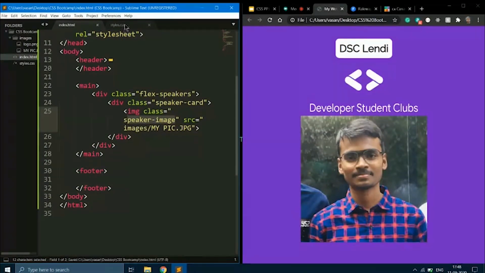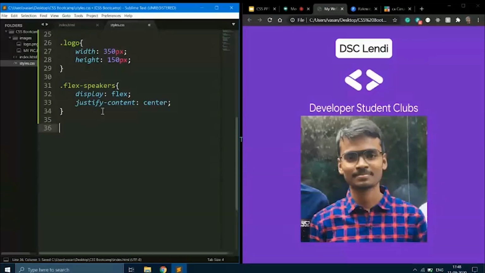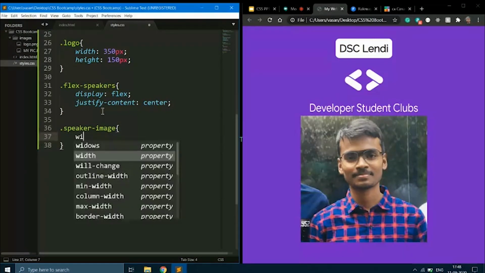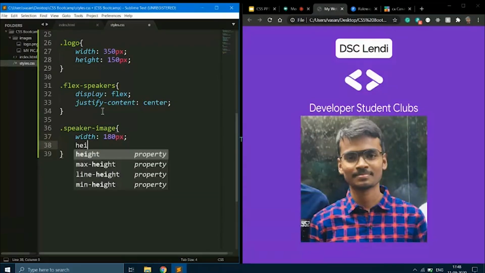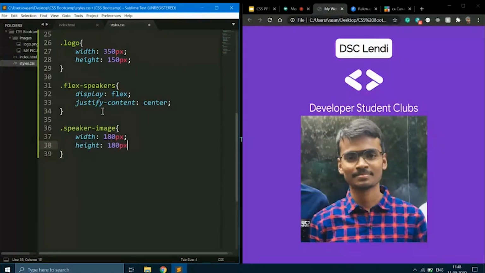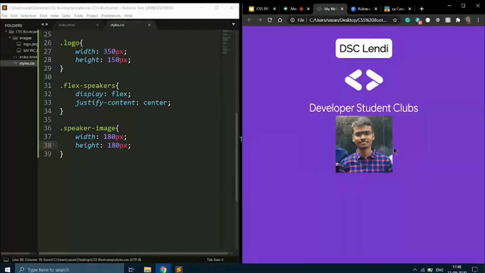So I'm going to define some CSS for my image, speaker image. Let's give it a width of 180 pixels, and a height of 180 pixels as well. Let's see if it changes. As you can see, the size has been reduced.